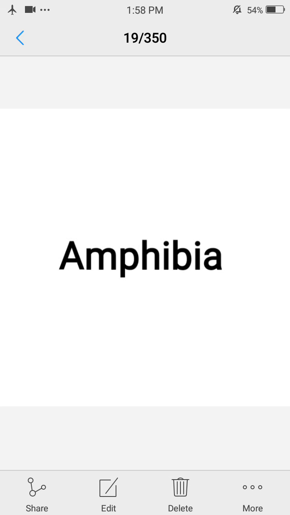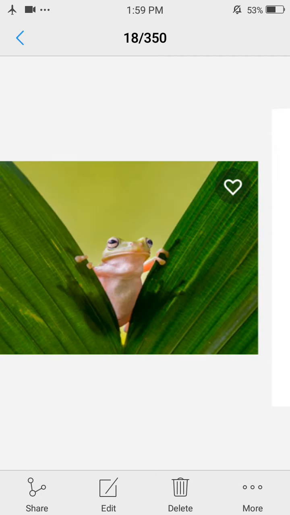Now the next is Amphibia. The amphibians lead a dual life. They can live on land but begin their life in the water. Their chief characteristics are: these are aquatic and terrestrial animals. The larva stage is aquatic. The adult can live on land and in water. They are also cold-blooded, with a smooth, slimy, non-scaly exoskeleton.